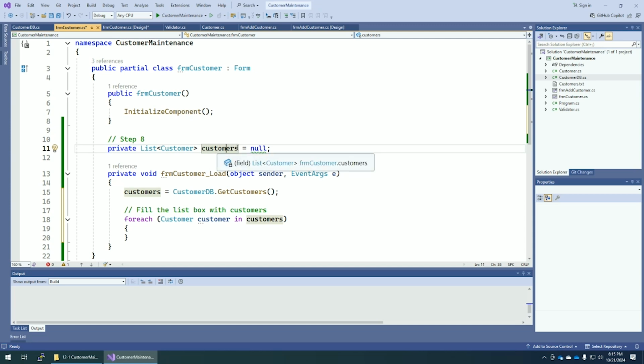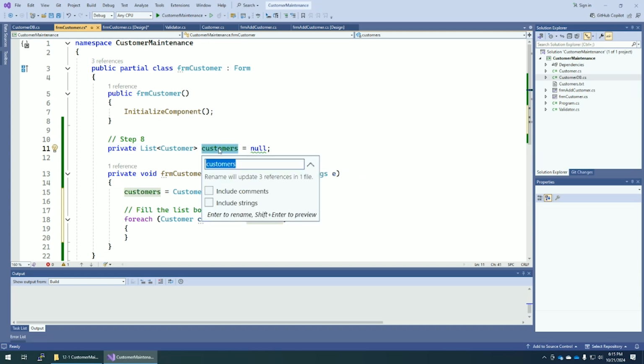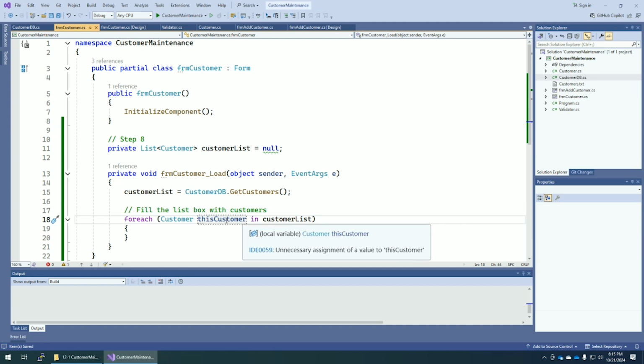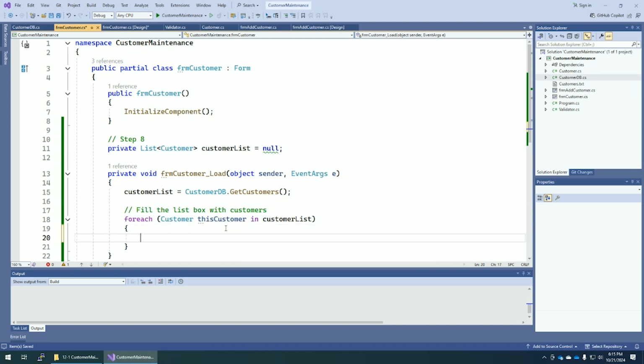You know what? Maybe we should even, let's take this. I'm going to click on it and hit F2. Let's rename it to customer list. All right. So we're not so confusing here. And instead of customer, let's say this customer. We're dealing with one individual customer. So for this customer in the customer list,